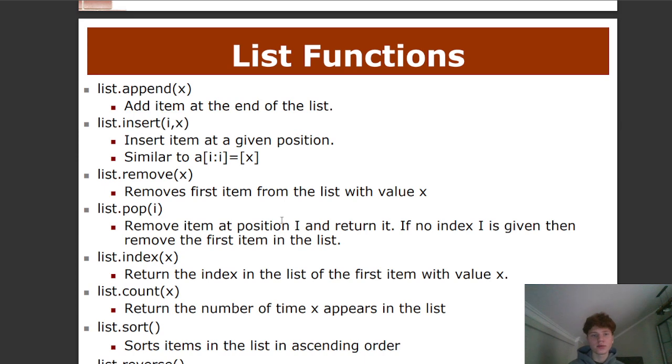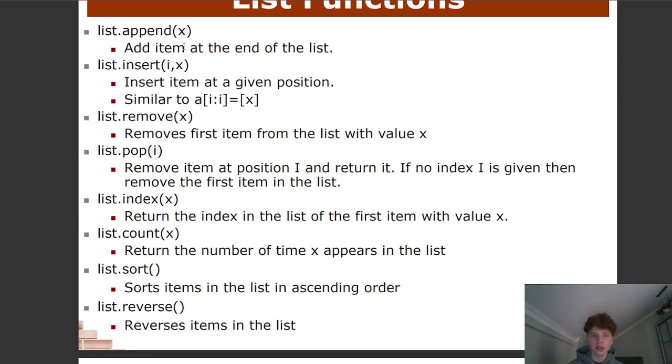List functions. list.append(x): add item to the end of the list. list.insert: insert item at a given position, similar to a[i:i] = x. list.remove: remove first item from the list with value x. list.pop: remove item at position i and return it.